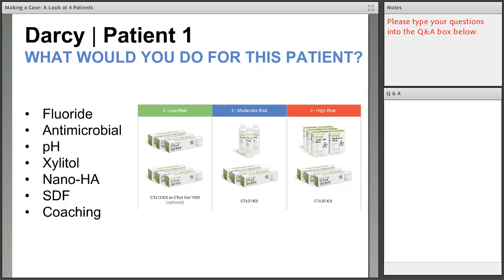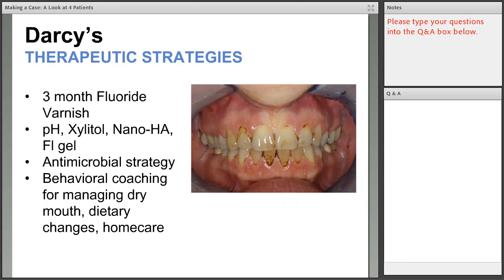What are you going to do to coach this patient? What are you going to tell her? How are you going to get her to work on her risk factors? So here's the strategies for me. 3-month fluoride varnish, like we said. I want to know what you're thinking, but follow with me here. I'm putting her on a fluoride gel. I'm going to use an antimicrobial strategy, and then I'm going to talk to her about her dry mouth, trying